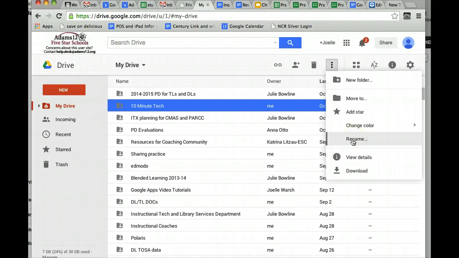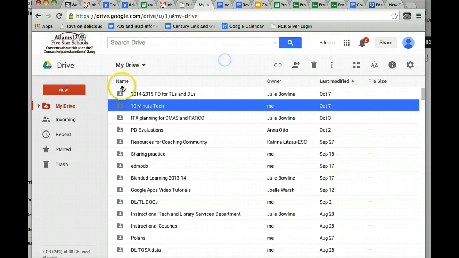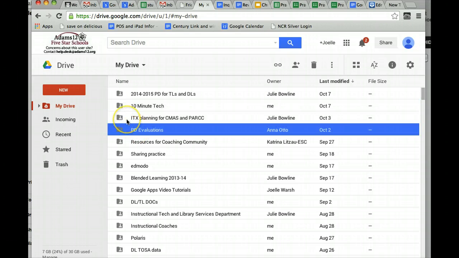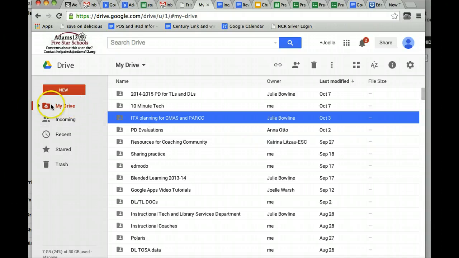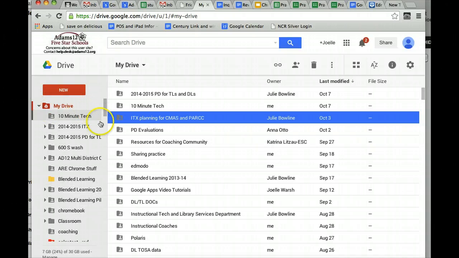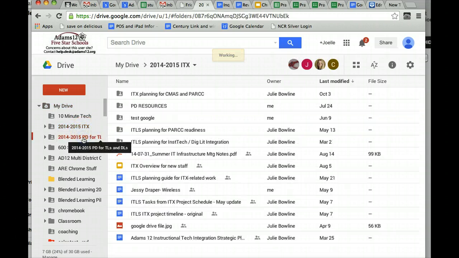and rename and download. But remember, in the old Drive you used to have to check things off. Here you click on them. Another different feature is if you want to share a whole folder, you used to be able to check it off. Now you can click on it. Over here in My Drive, there used to be a little arrow if you wanted to share a folder, but now it's the same thing. You can click on the folder,